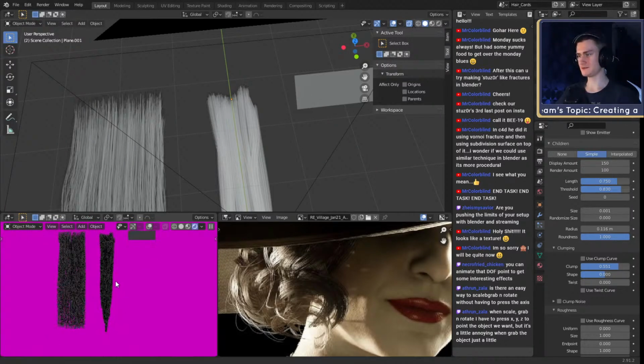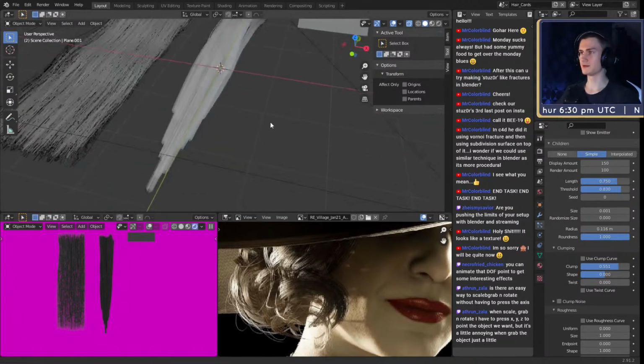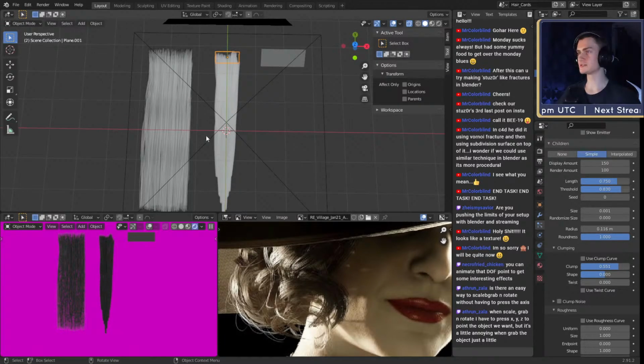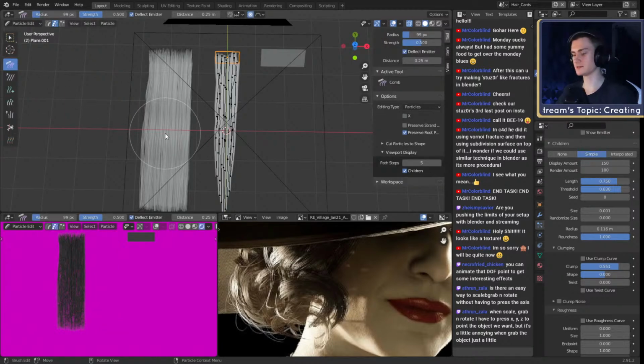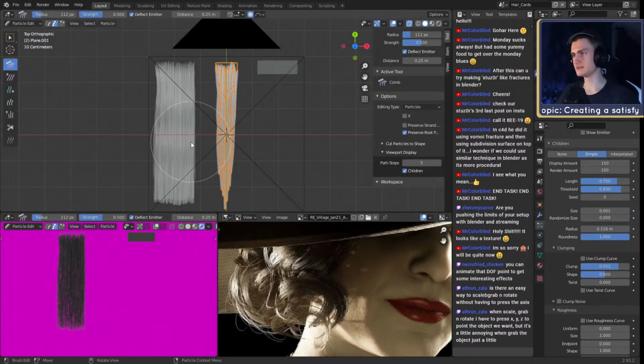Okay, what we have to keep in mind with these strands is that they have to be quite vertical, because if we apply the texture to a plane, we have to keep in mind that this plane is like a cube, or just a plane basically. And if it's diagonal, it can be quite tricky to set that up. So we have to keep that in mind. What I want to change is I want to make the strand a little bit thinner, because this is quite thin. So we'll go back to particle edit. Shouldn't take too long, and then we can go to the detailed hair texture. Move that a little bit over. Something like that, okay.